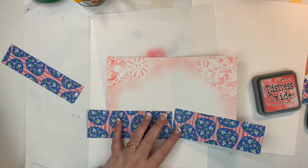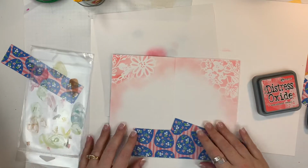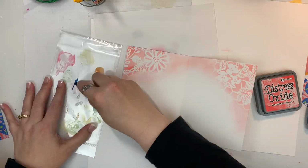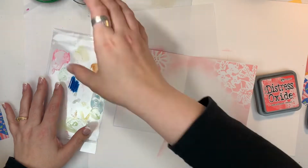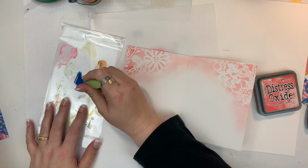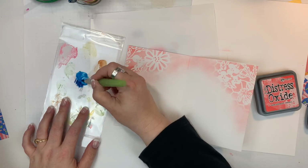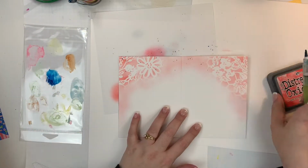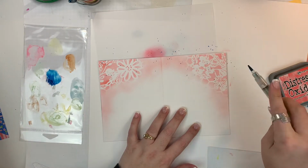I'm just fiddling around here, getting everything cleaned up. I am looking at this background and I feel like it's a little bit plain. So what I decided to do is take some Neo colors, and I'm scribbling it onto some packaging. And then with my water brush here, I'm going to make some splatters with the different colors that are